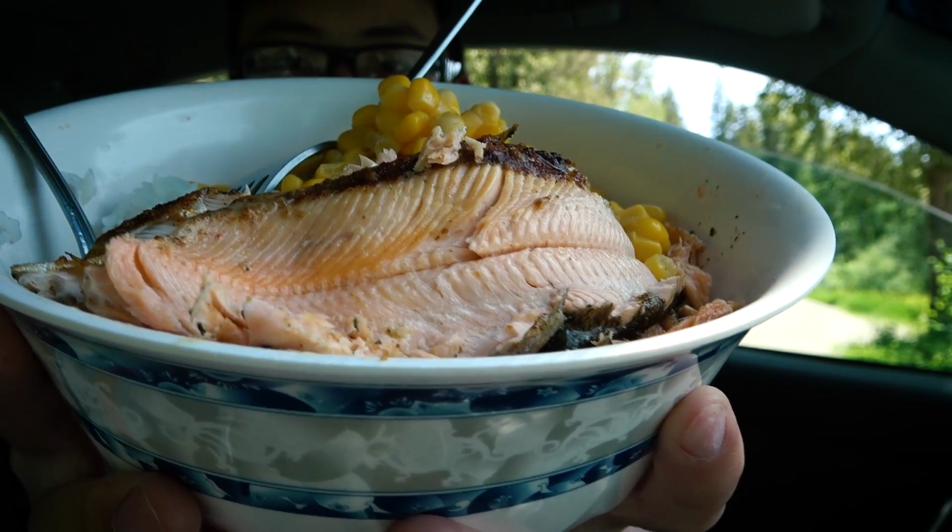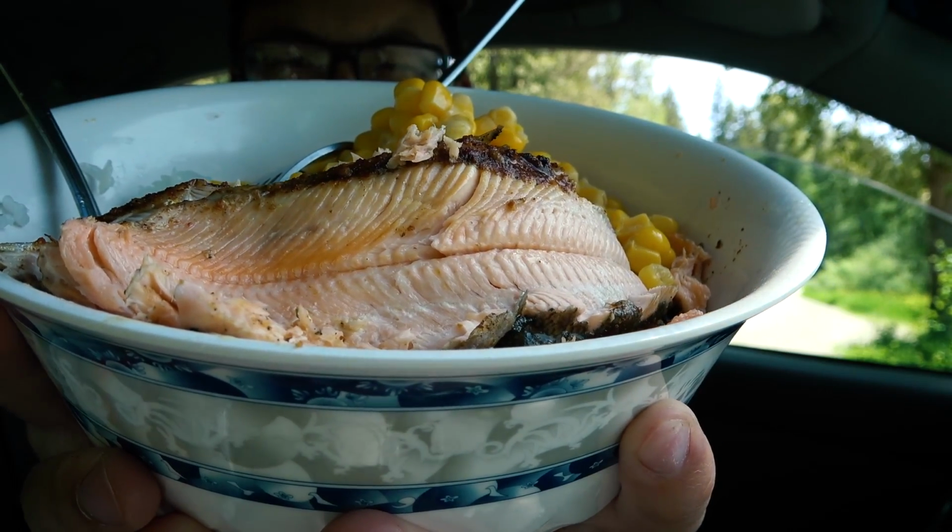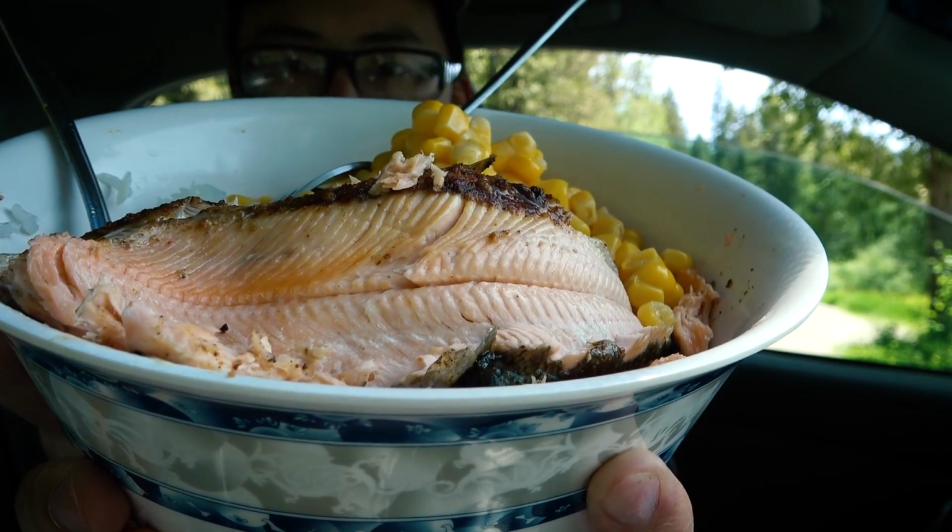This right here is a bowl of deliciousness. Now the reason why I cooked the kokanee this way is because I wanted to cook the kokanee in the most simple and most basic way. That way I wouldn't over flavor the kokanee's natural flavor, if that makes sense, because the difference between kokanee and